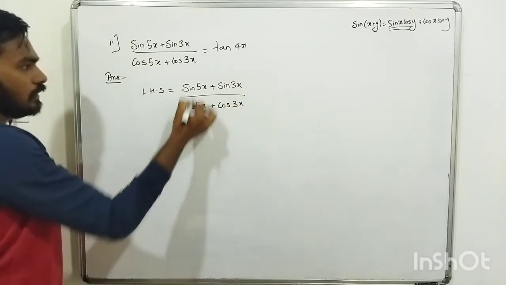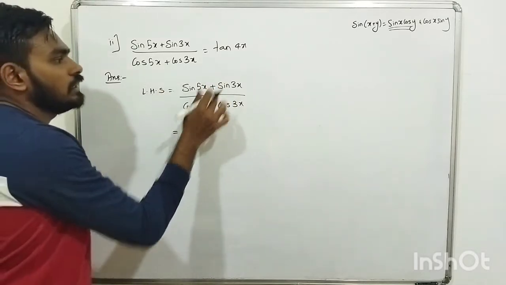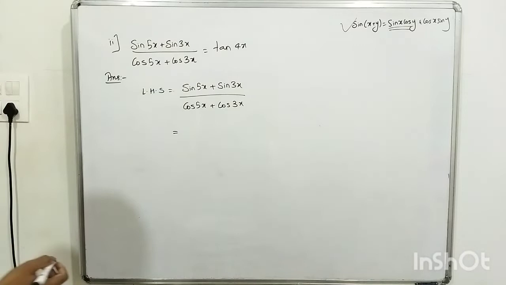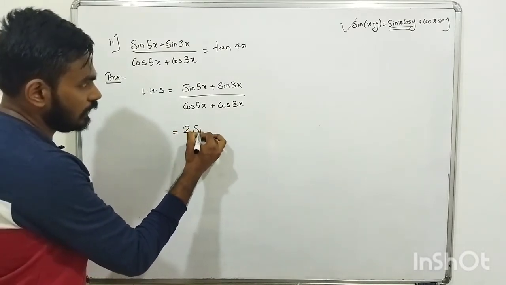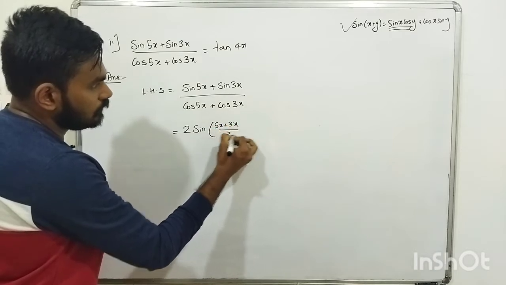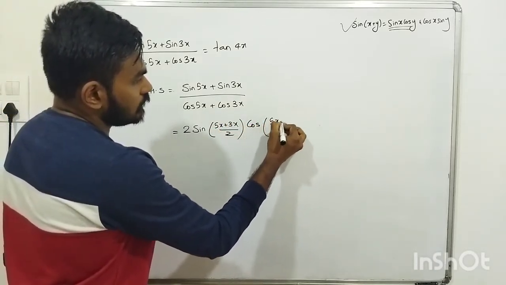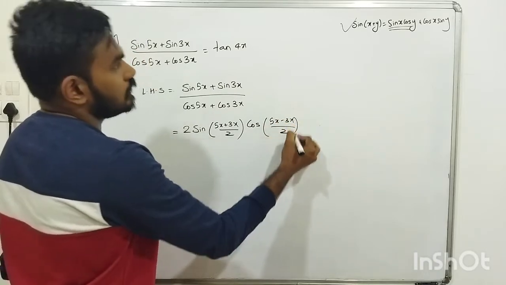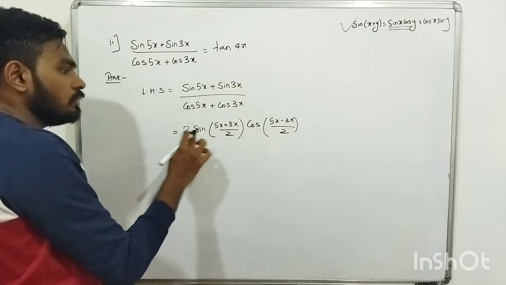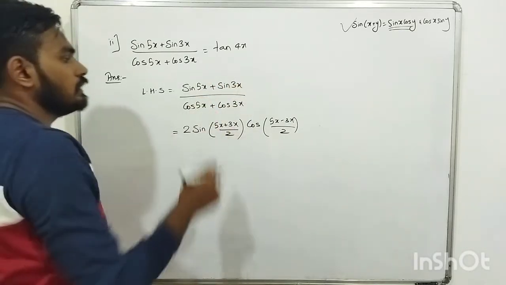So for this we have to use that formula now. So sin plus sin. So we have to see this formula, and in this we have to see this. Okay. So 2 sin of (5x plus 3x) upon 2 into again cos of (5x minus 3x) upon 2. Okay. See sin cos. So this is plus sin. If there is minus here, I might have written cos and sin here. Okay. Here cos, here sin, if there is minus here.